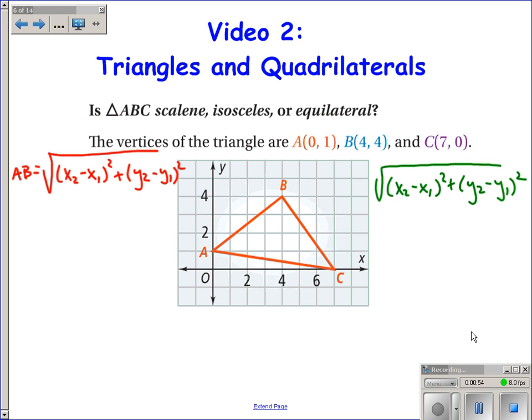Well, possibly. AB and BC look to be similar in length. I can't tell by looking at the picture, but I'll need to find the length of AB and the length of BC to figure out if it is isosceles. So I'll use the distance formula. For AB, I will call this x1, y1,